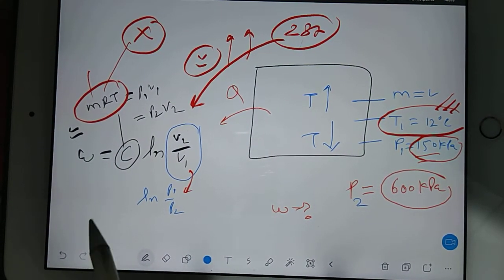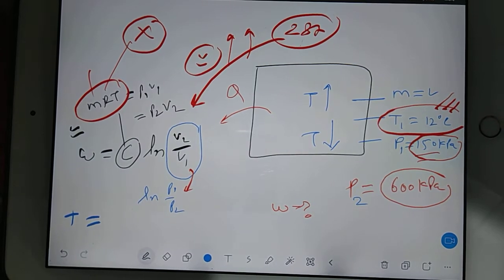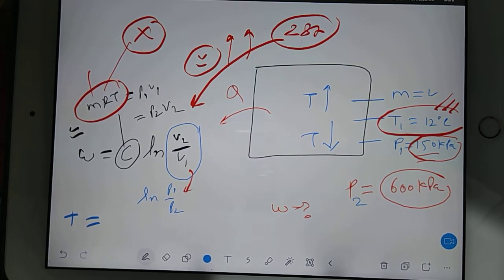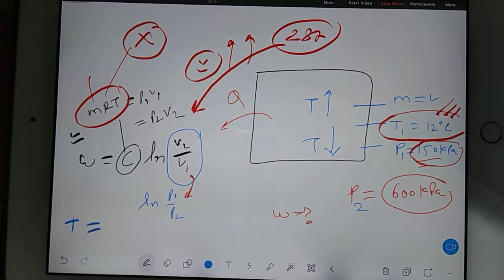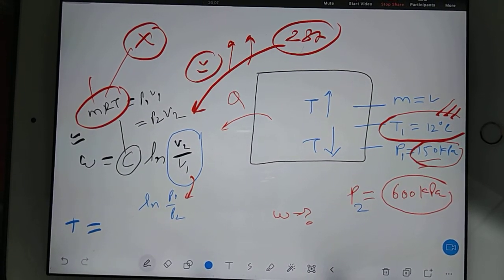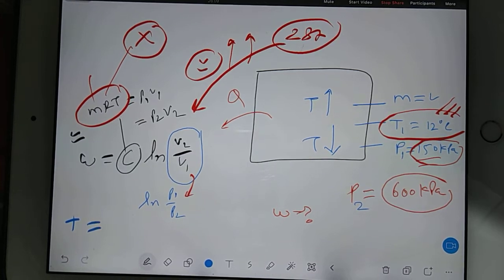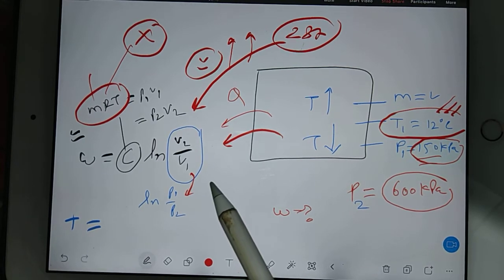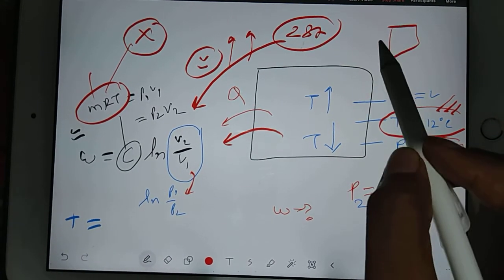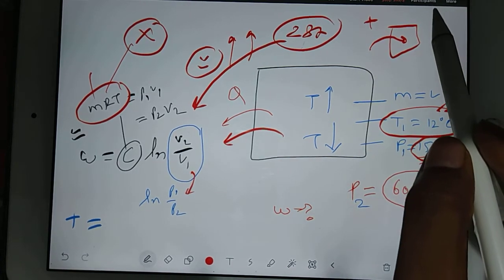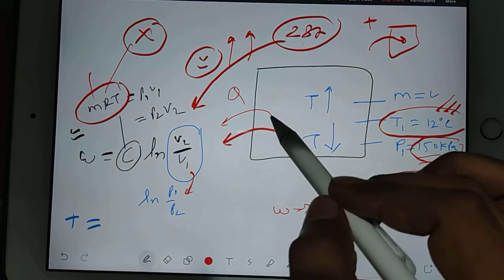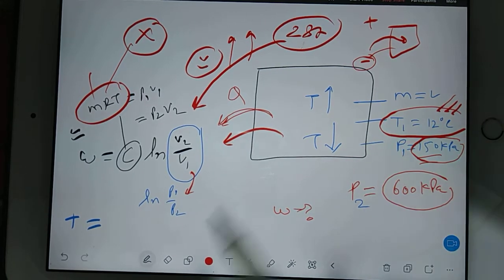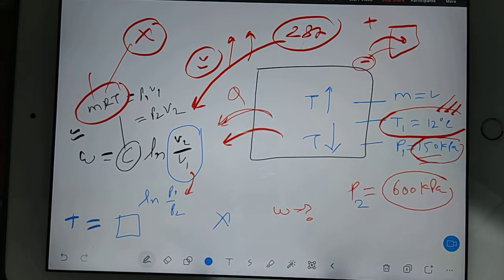Okay, can you guess whether this answer will come positive or negative? Can you guess this? Obviously negative. Very good. But how? Logic? Very good. It is actually not about work input. It is about heat output. I have told you, whenever you are transferring heat inside, that time you write the answer positive. Correct? But here we are taking heat outside. So that's why it is negative. So automatically your answer should come negative. Otherwise your concept is wrong.